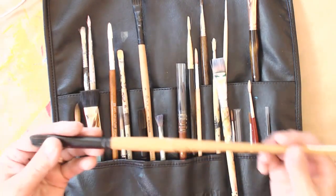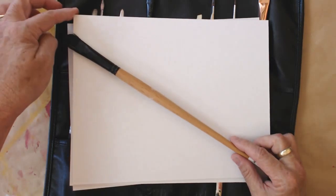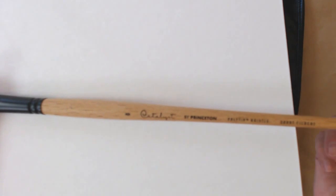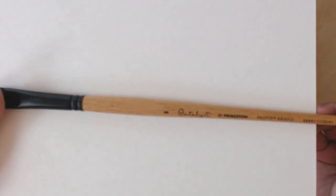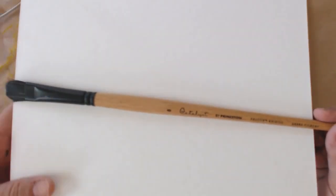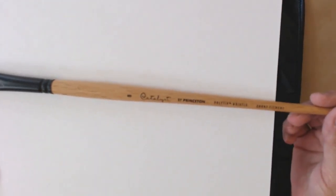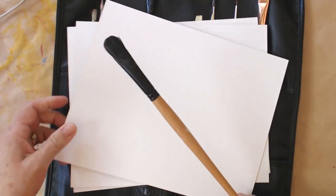I want to show you some brushes that I've got here. My new favorite brush, I'm going to put this against the white paper so you can see it. My new favorite brush, or set of brushes, are these Polytip brushes by Catalyst. They're made by Princeton, and they are the same people that make the Catalyst blades that I love so much. So these Polytip bristles, let's try that again. Polytip bristles, they're a synthetic bristle. Let me show that up to the camera. They're a synthetic bristle,